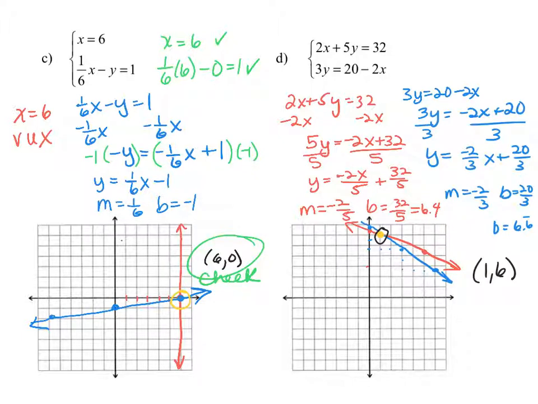So if we check (1, 6) with the first equation, 2 times 1 plus 5 times 6, does that equal 32? That's 30 plus 2, it does equal 32. So it is a solution to the first equation. We also want to check to make sure it's a solution to the second equation, 3 times y, or 3 times 6. Does that equal 20 minus 2 times 1? 3 times 6 is 18, and 20 minus 2 is 18,